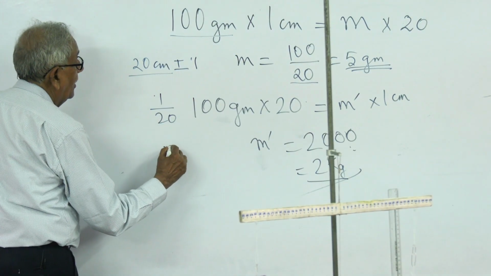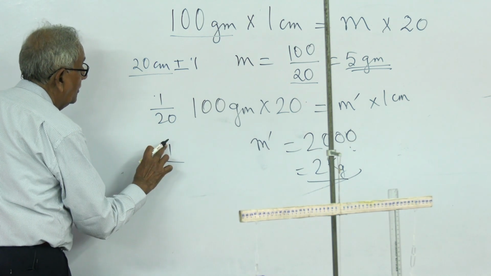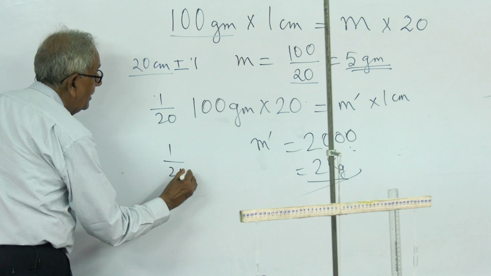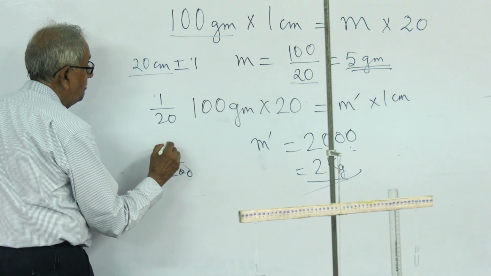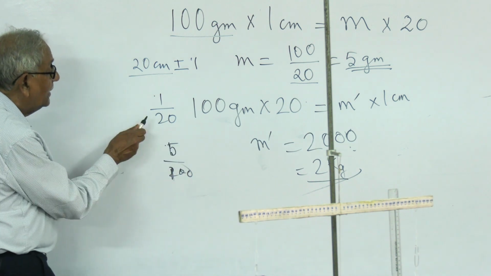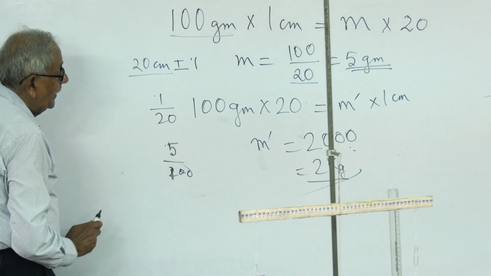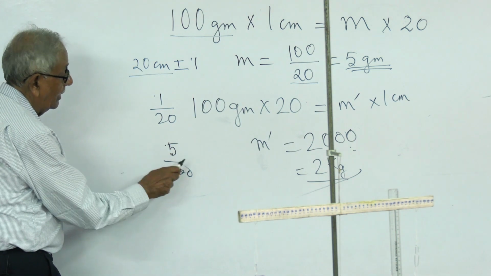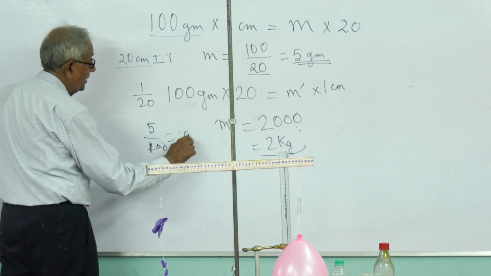That is, not 0.1, 1 divided by 200, or we can make it 5 divided by 1000. I have multiplied by 5, then 1000. Okay. So, the error is